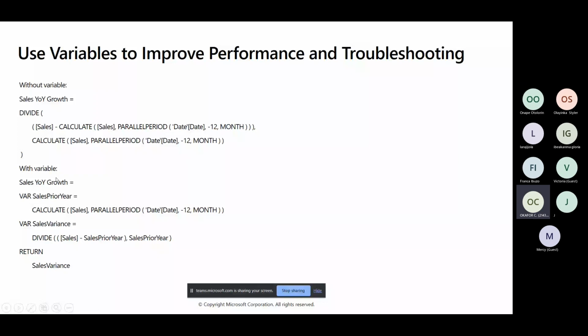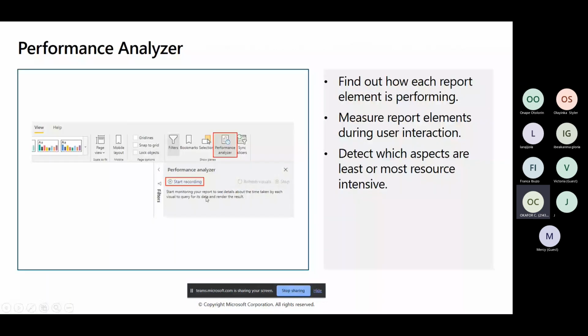Moving on to the next one. Another thing that can help when it comes to our model optimization is what we call the performance analyzer. So sometimes if you notice that your visuals are taking time to come on, you want to actually understand what's happening, what's actually causing the delay. One way you can use to find out that